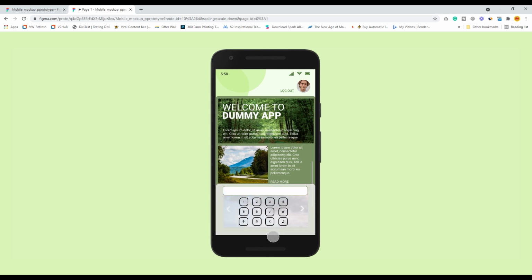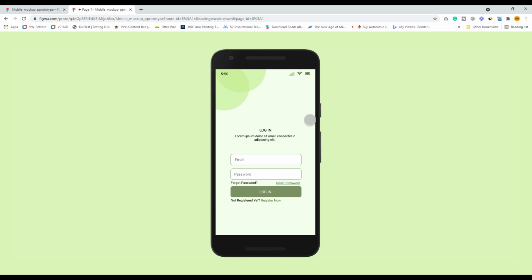You click on this and your mobile keyboard opens up with the telephone numbers, and you can just put in the numbers over here and click on the call icon. If you want to close this, you click anywhere on the screen. If you go and log out, you are redirected to the login page. So that's the basic function of our app.